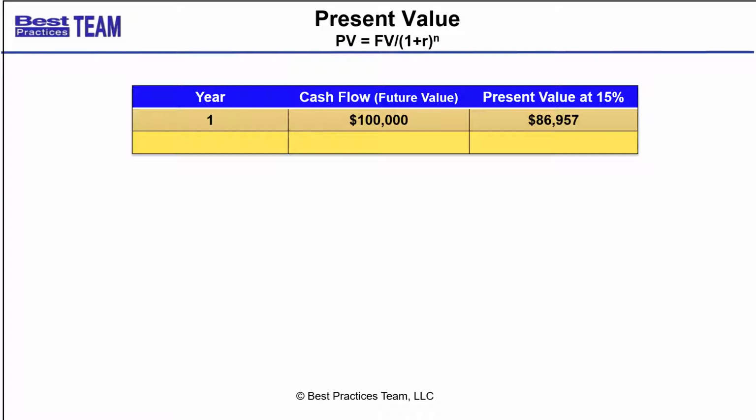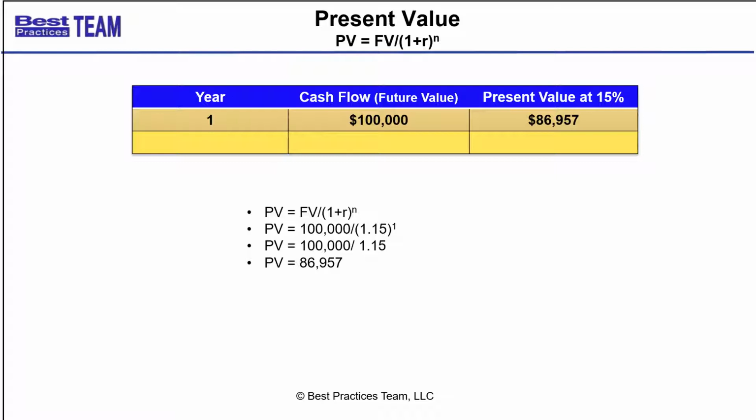So we just plug the values into our equation. There's our equation, and we plug in the values from the table right above. We're solving for present value. The future value after one year in operations is $100,000. The interest rate is 15%. So we're dividing $100,000 by 1.15, that's 1 plus the interest rate, taken to the first power, because this is one year out in the future. That's the same as $100,000 divided by 1.15, and you do that simple division, and that's